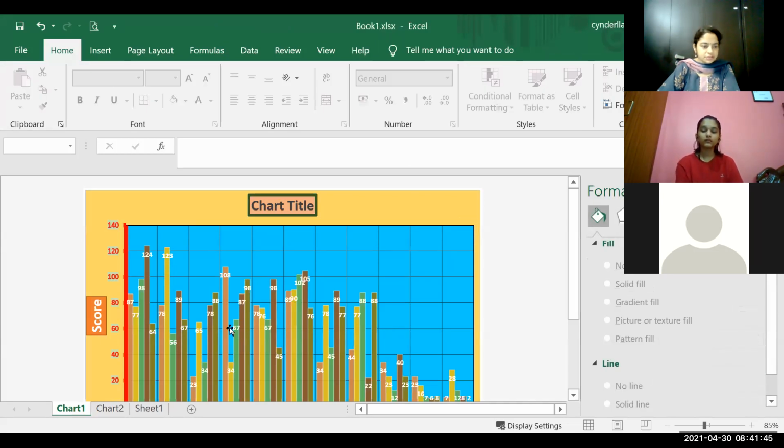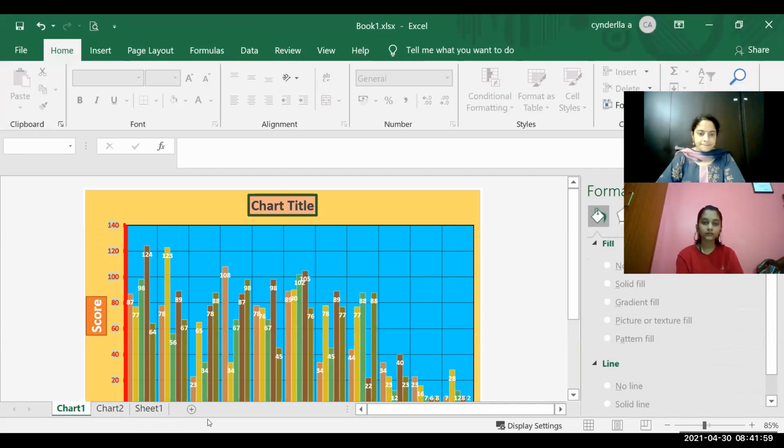Okay. Is it clear to all of you? Any topic that is not clear in this chapter, you can ask me now, because after that I'm going to start with the exercise. Is it clear to all of you? You can raise your hand if you have any query. Okay, yes, Khushi?